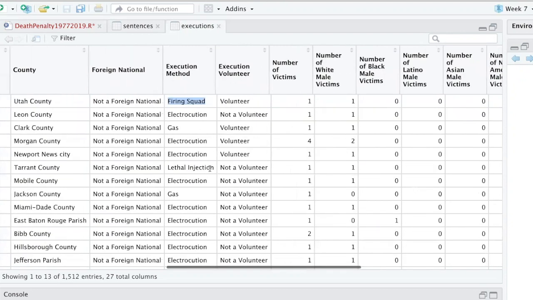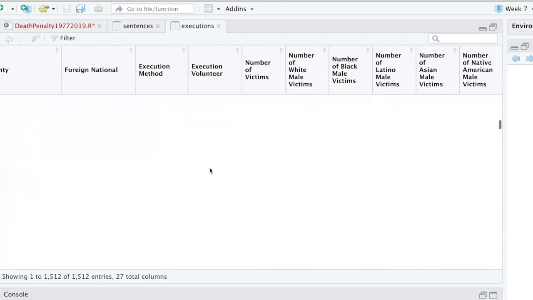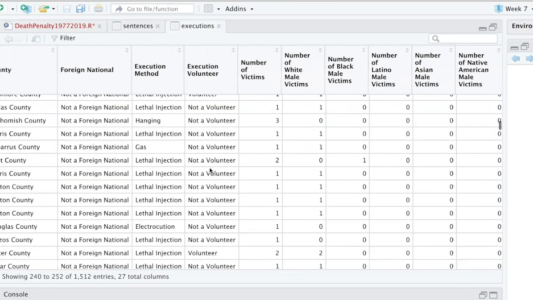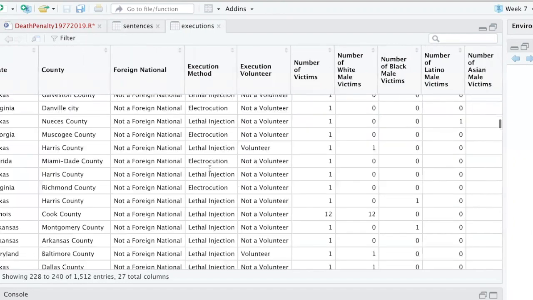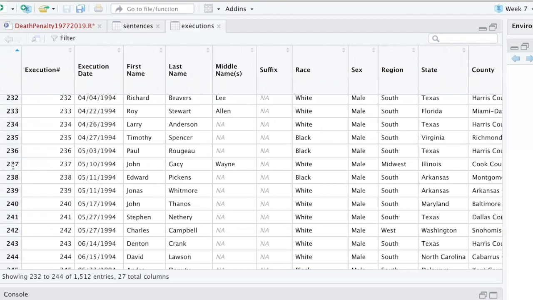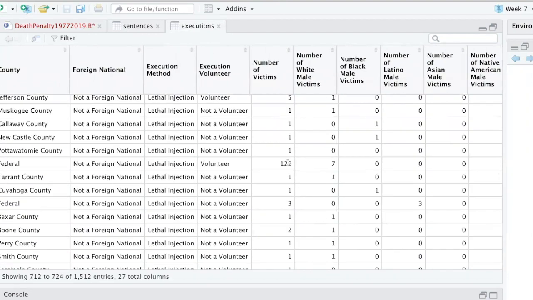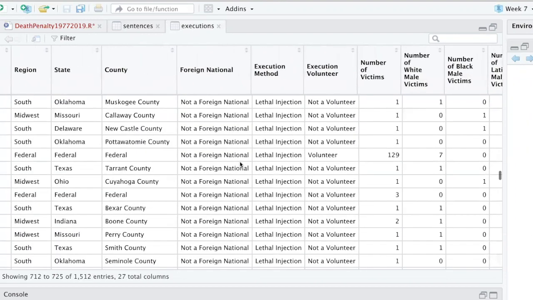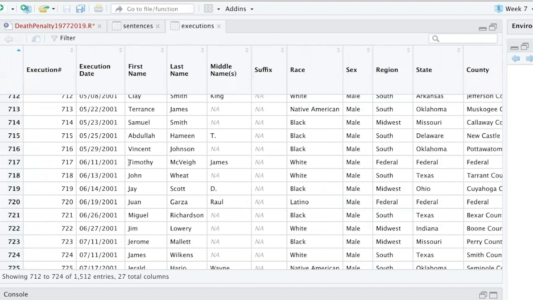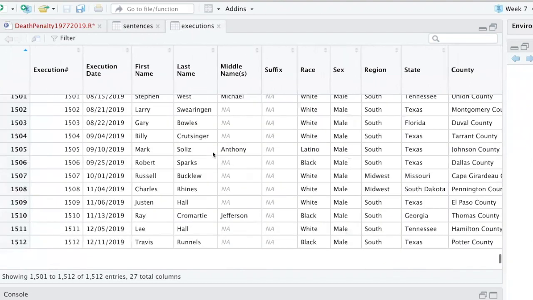If you scroll over to number of victims and you scroll all the way down quite a while, you'll see some other individuals that you might be familiar with. Usually the higher numbers are the ones where you recognize them. So here's John Wayne Gacy. Going further on down the list, so here we go, 129. Who could this be? As you scroll over, you can see this was the Oklahoma City bomber, Timothy McVeigh. But there's about 1,500 if you scroll down to the bottom, since